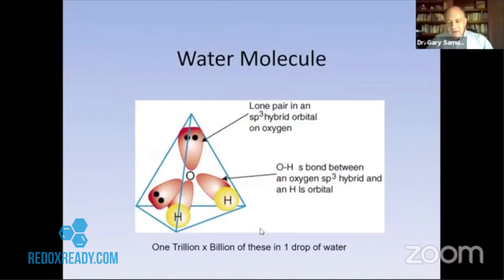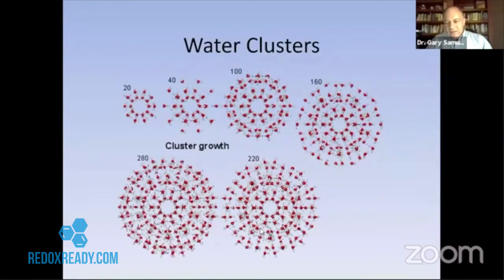Oxygen is the major component in water, and the bonds that exist there are important. There are 1 trillion billion of these molecules in just one drop of water. So there's a lot of oxygen, and the water also forms clusters, and the clusters then also have biological impact